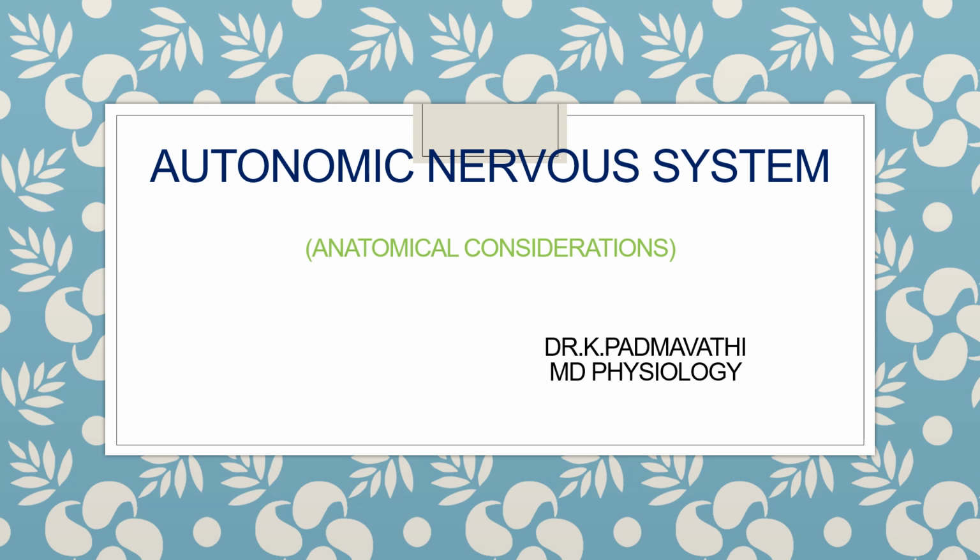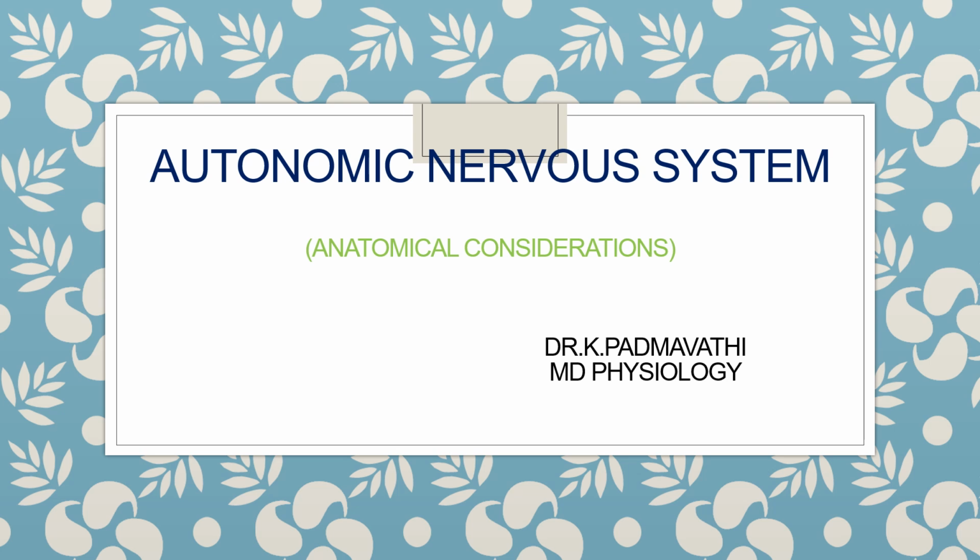Hi students, today we are going to learn about anatomical considerations of the autonomic nervous system. So this autonomic nervous system, or ANS, will be discussed in three parts. In the first part, we will learn about anatomical considerations, in which we will learn about the divisions of the autonomic nervous system and what is the difference between the somatic and autonomic nervous system,